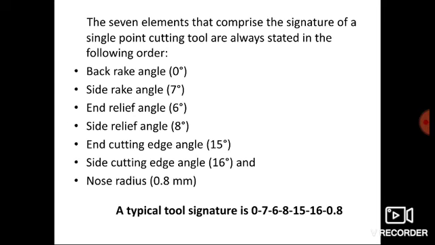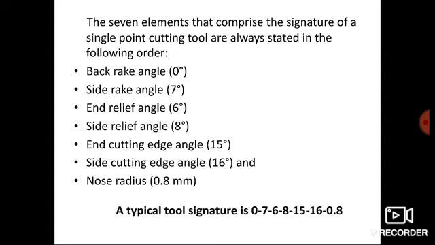So the 7 elements that comprise the signature of a single point cutting tool are always stated in the following order. So your tool signature should be stated in this order only. Okay, so here I have written a typical tool signature. It may be different for a different tool. So here I have taken one example. The tool signature is